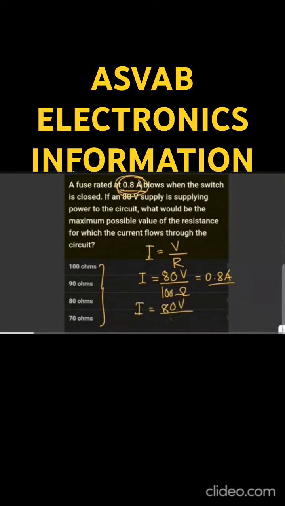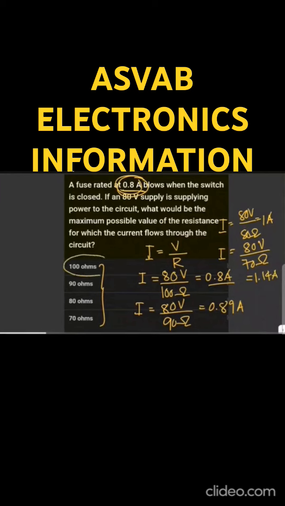So 80 volts divided by 90 ohms, and this would give us 0.89 ampere. The next one is 80 volts divided by 80 ohms, and this would give us 1 ampere. And then the last option is 70 ohms, so that would be 80 volts divided by 70 ohms, which is just equal to 1.14 amperes. So among the choices here, only the resistance that is equal to 100 ohms would give us